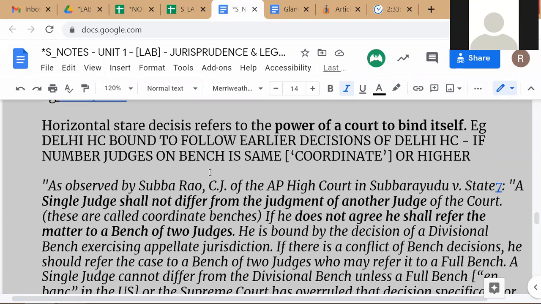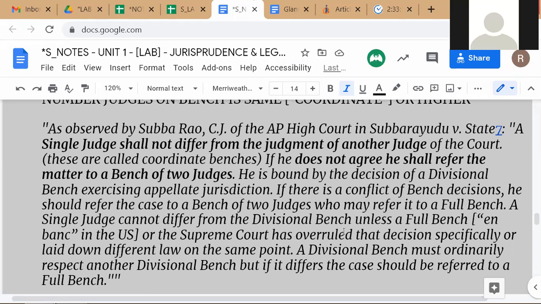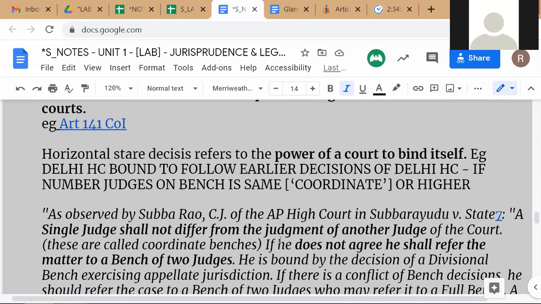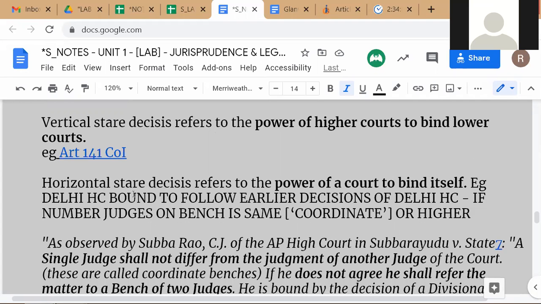They felt there was something wrong with it, so they referred the matter to the Chief Justice. This is kind of like, if he does not agree, he shall refer the matter to a bench of two judges or to the Chief Justice. So the same thing happened, same level, same coordinate bench, a 3-judge bench of the Supreme Court, and they did not like the Bhatia International decision, and therefore what they did was